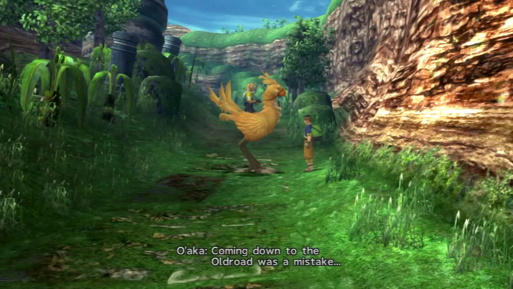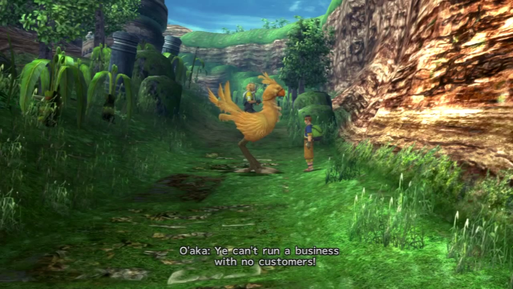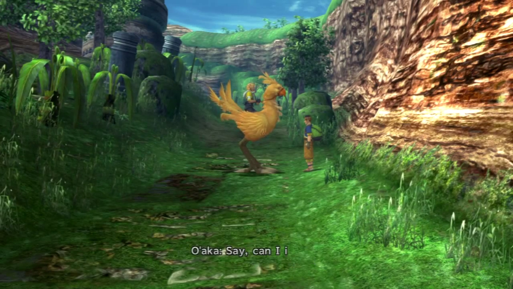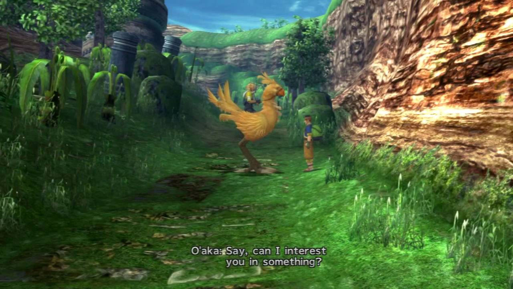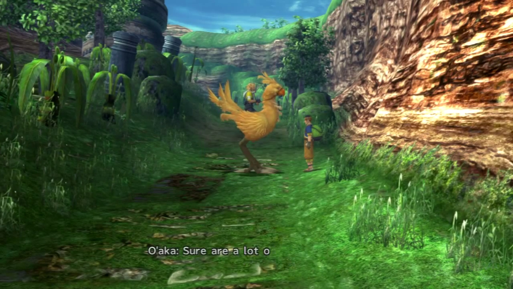What's up? Coming down to the old road was a mistake. You can't run a business with no customers. Say, can I interest you in something? This is the last time you can lend Gil to a Wakka, but to be honest, I can't. Sure are a lot